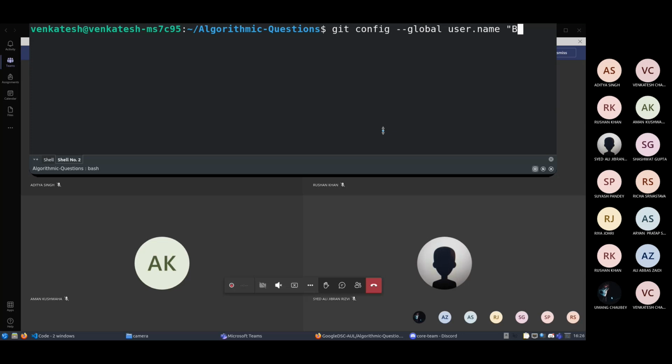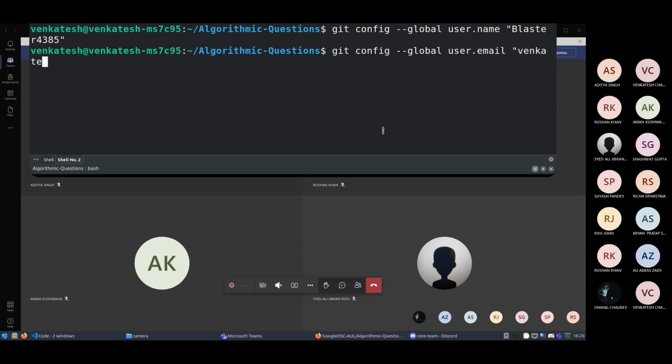So for me it's blaster4385, and the same you will do for the email, like git space config space double dash global space user dot email, space, your email that you have linked with your GitHub account.